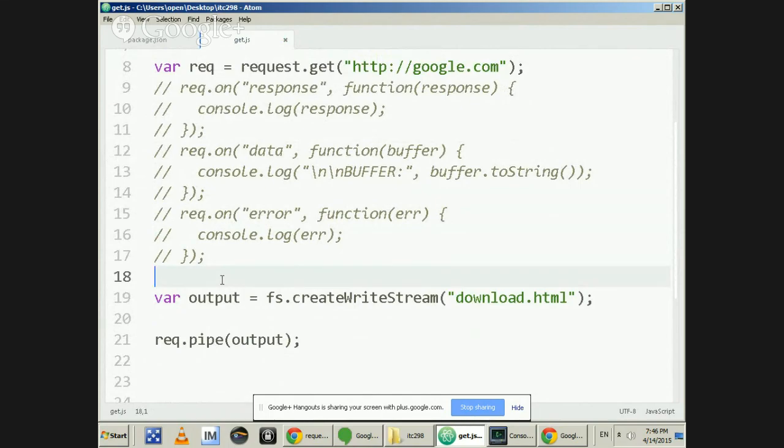I don't write any more code. Node will say, okay, I know how pipes work. I know how streams work. So if I have an input here and an output here, you don't have to write the thing that copies stuff from the input to the file. It knows how to do that, right? Because it's a stream, it's a standard way of doing it. And so now when I run this,